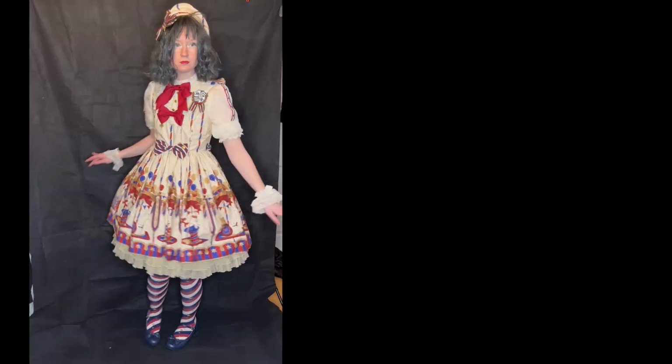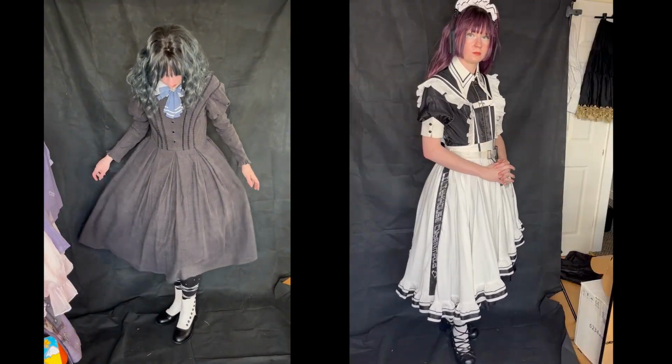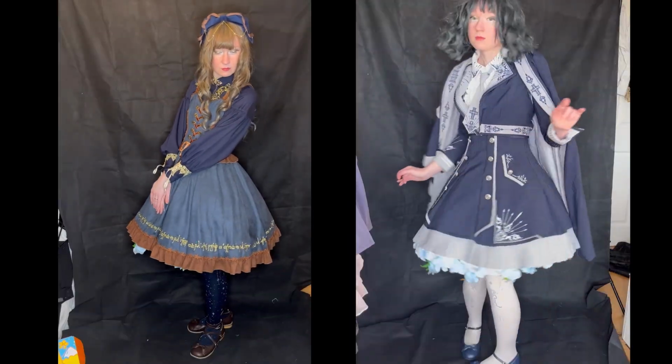Note how so far I have described a lot of very structural features, but I haven't talked about colour or motifs or specific trims or materials. That's because within Lolita there are a lot of different categories, called substyles, but if you want to think of them as aesthetics, that works too, that take this basic silhouette and work with a certain colour palette and a certain set of conventions to make something that is still Lolita, but is also sweet, or gothic, or classic, or cyberpunk, or fantasy, or military, or...